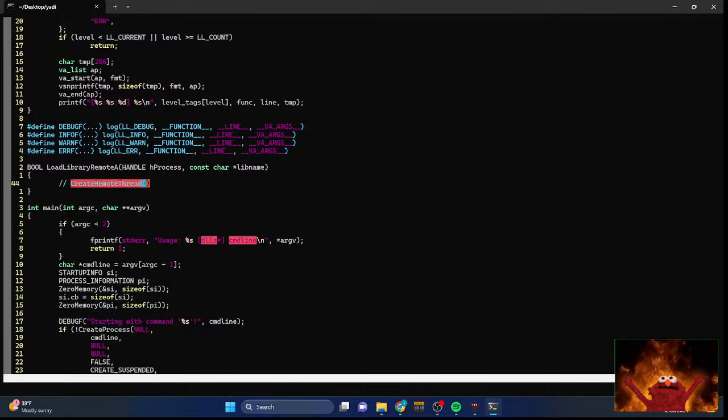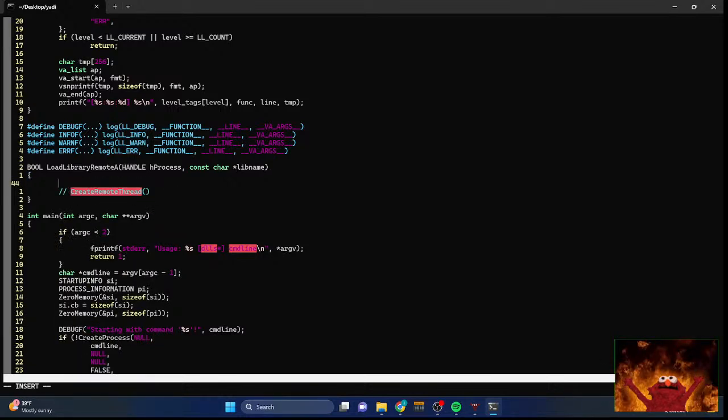However, obviously this library name is not valid in the other process's address space, so what we actually need to do is we need to create a remote